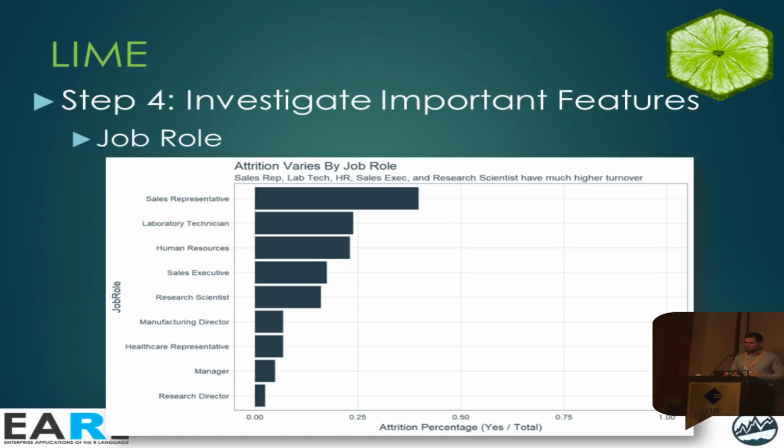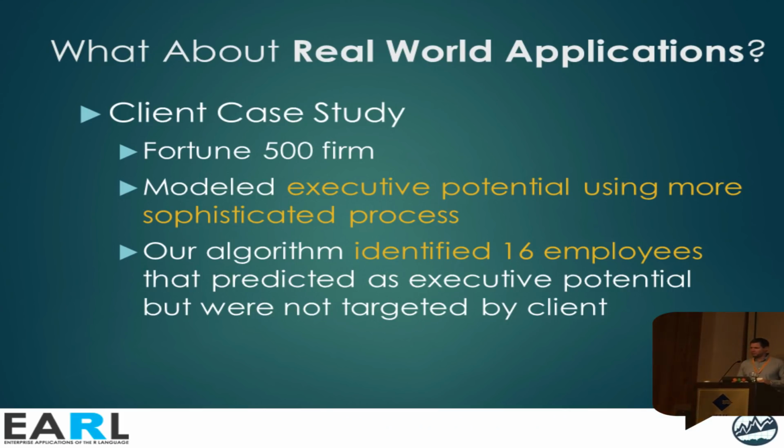Same thing with job role, different visualization, but basically looking at the proportion of attrition in each of these subgroups within job role. And we can clearly see that at the top, there's sales representative. They're turning over at almost 40% rate. And you compare that to some of the other ones, like manager and research director, which are like 4 and 5%. So there's definitely a relationship there with the job role.